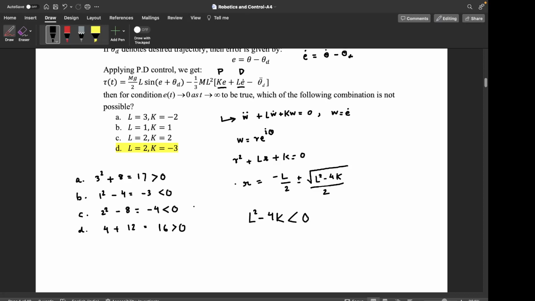So we see that in the first case and in the last case, so options B and C satisfy our criteria, right? And option A does not satisfy,